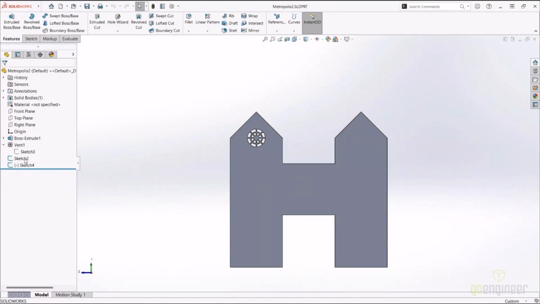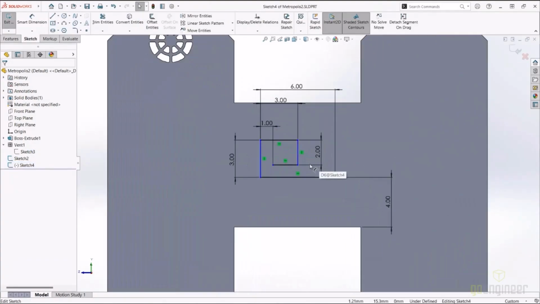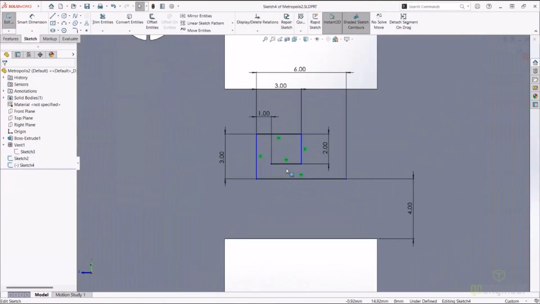I'm going to do that with a mirror feature. Here's another example, an offset. Here I have this sketch already prepared, and all the dimensions, I do need one more relation. Here's another thing that I'm not going to sketch. I'm not going to sketch a vertical construction line in order to line up the midpoint of this line with